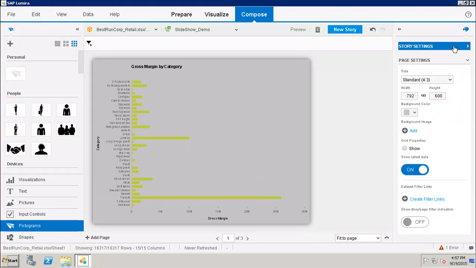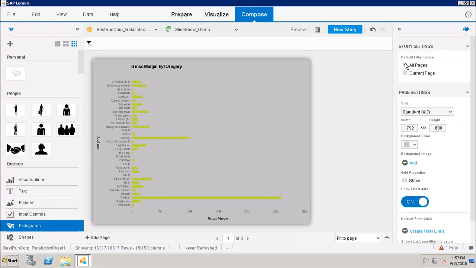You can set up the story settings here. So whether you want the default filter scope as all pages or you want it as a current page. Then you can do the page settings. So what size you want, what width and height you want to set, what should be the background color, what should be the background image. All these things you can set up in the Compose tab of the SAP Lumira tool to customize your stories